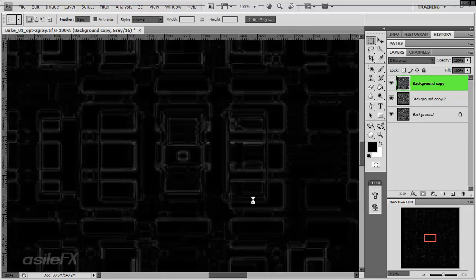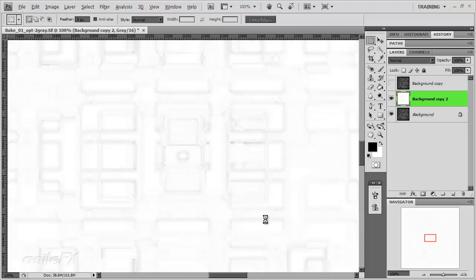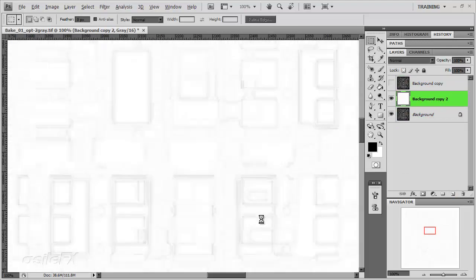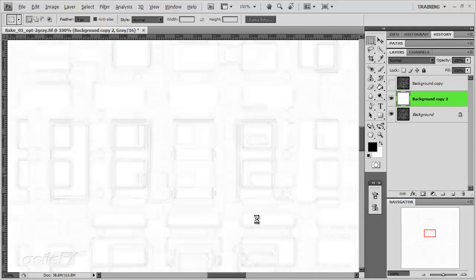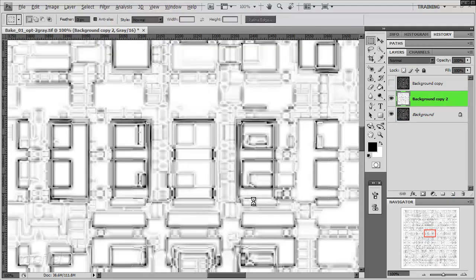So now I'm going to let that process. Control E to merge that down. Create another duplicate of the background. Overlay that on top, and we can invert. And I am going to auto level. Take the layer, the altitude layer,